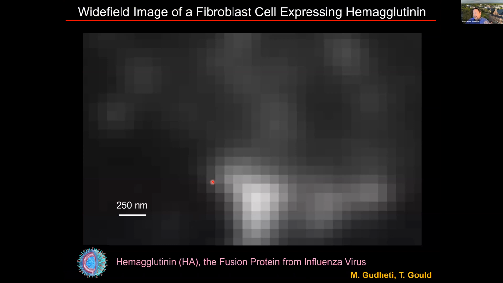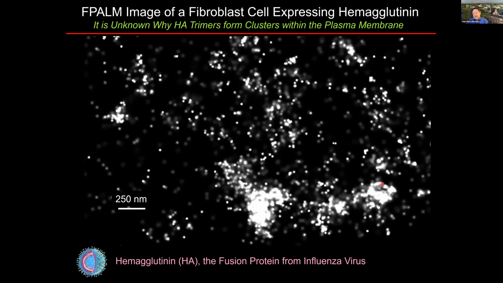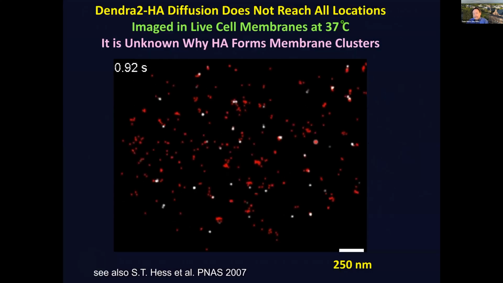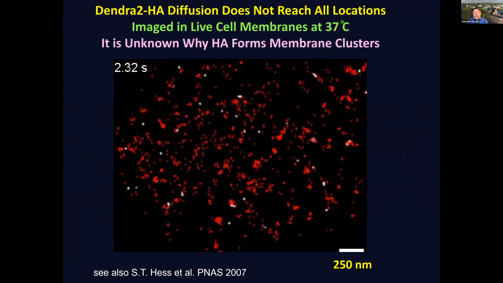So what can we learn about influenza using these better views? Right, the clusters here, which we said we thought were important, are much better visualized. The shapes are clearly not entirely rounded, which was one model. That's not the case. They're highly irregular. And why are they so irregular in shape?